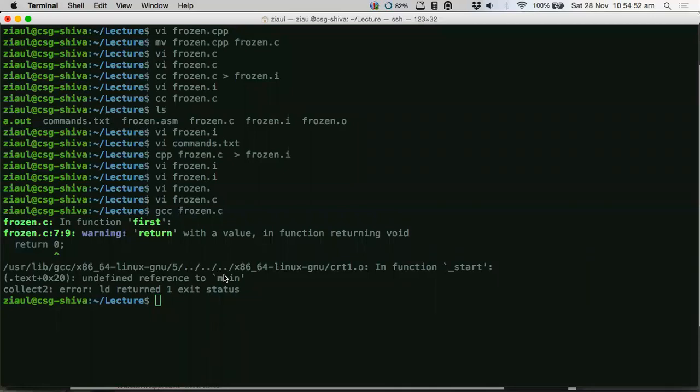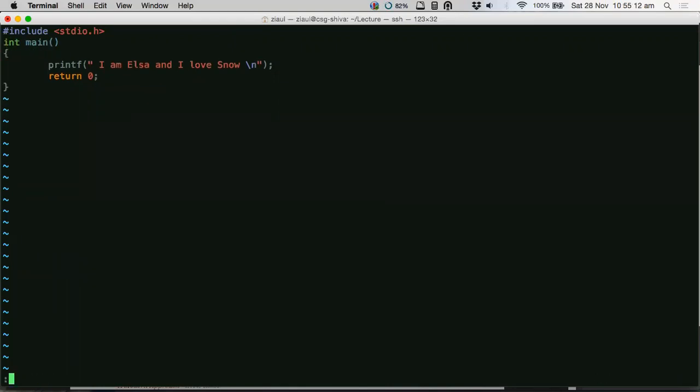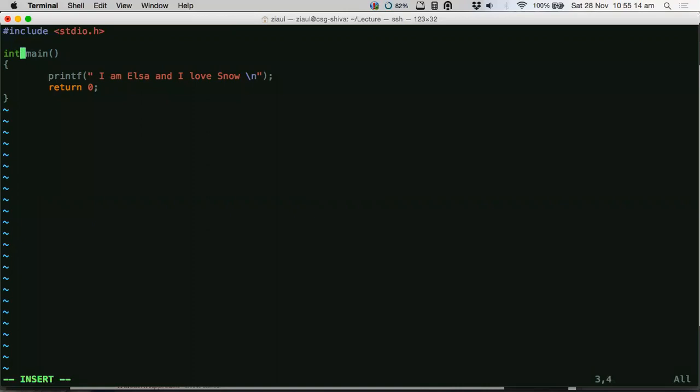So what is the difference between void main and int main? Void is just like, when you want to return something from your program, you use int. If you don't want to return anything, you just say void. We will do functions in much more depth later on in the course. For now, just think of it as returning something here. So that's what the main function does for you. All your other things have to go inside main.